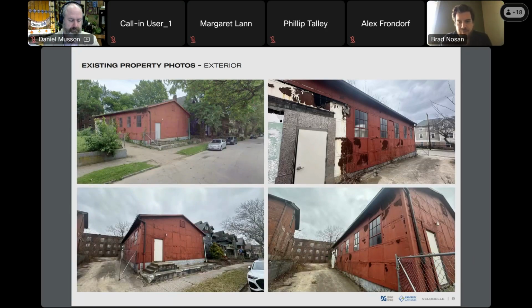This is the existing condition of what we call the red shed. Again, about 2,200 square feet, with red metal panels. I'm talking with our construction group. They are looking at ways to potentially save and restore those red metal panels. But as you can see, they're pretty rough, especially on the north side there. So if we have to replace them, they would be replaced with a very similar red metal panel material. I'm using a black panel material on a project in Tremont, so I don't think this should be a difficult replacement.